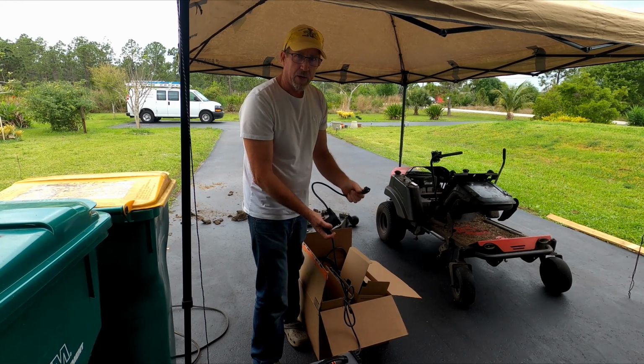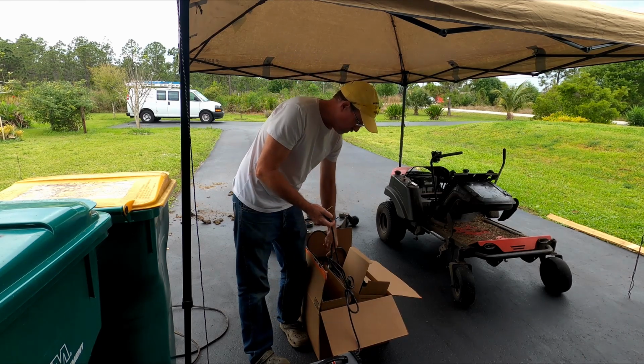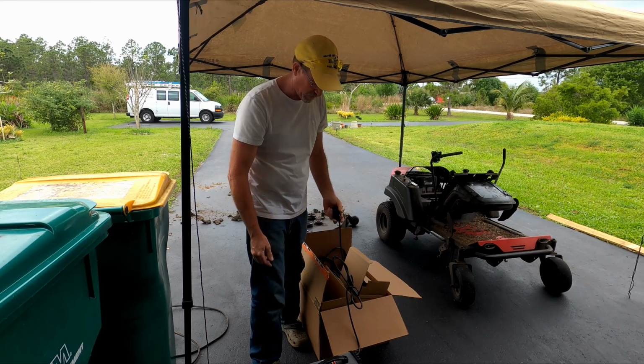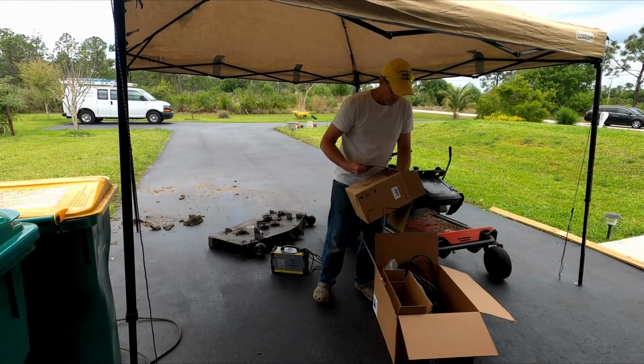You'll actually get a lot better power out of 240 and stronger welding abilities, which is what I've chosen to do. And I had the ability to hook that up to my main panel, so I did that with a 20 amp breaker. And we're going to get this deck welded. So the kit included